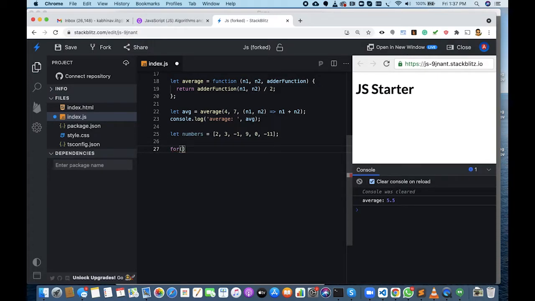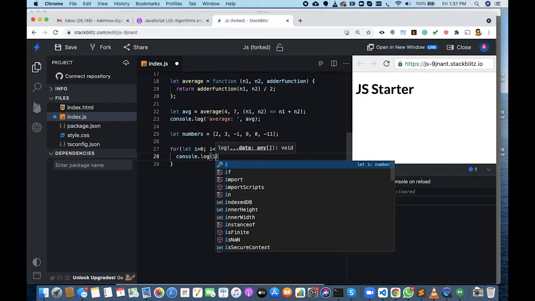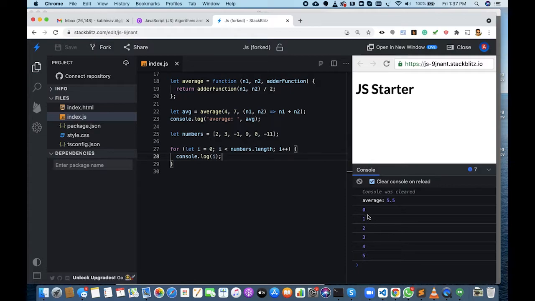Generally what we do is let i equal to 0, i less than numbers.length, i plus plus, and then I just print it for now, console.log i. If I save it, you can see all the numbers get printed, not i. I print the element, which is numbers[i]. I save it, and I see all the numbers.